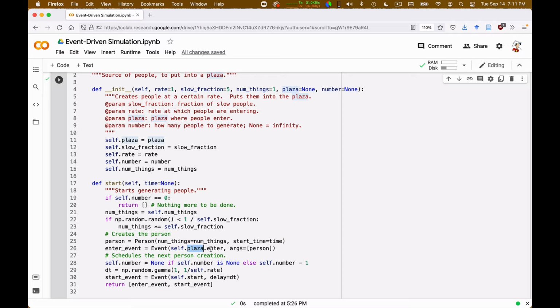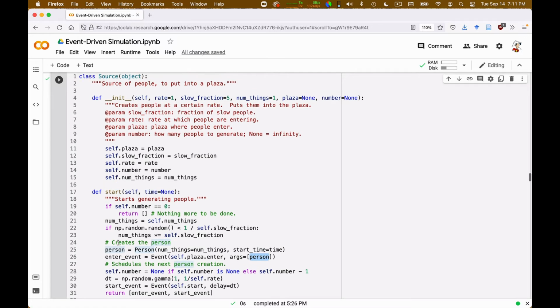So this will call the enter method of that plaza with, as an argument, the person that has been created. Okay? So the source essentially has the purpose of putting people in the plaza. So it generates a person, and it returns two events: the person entering the plaza and the start of the next person. Okay?